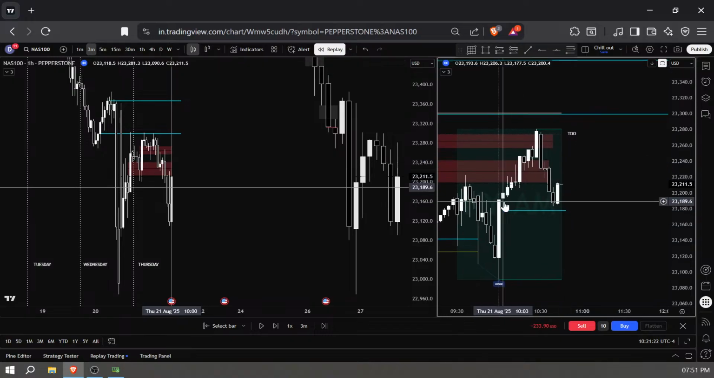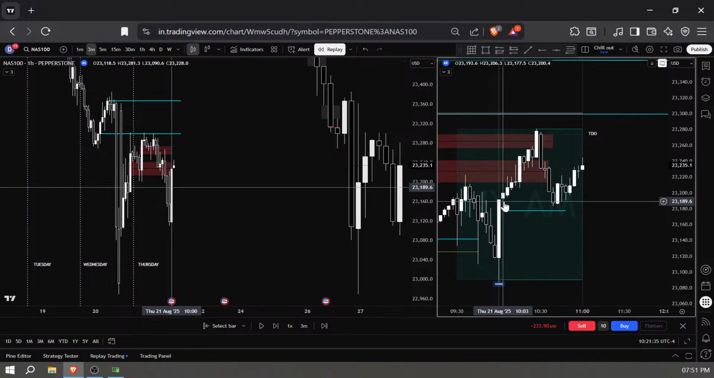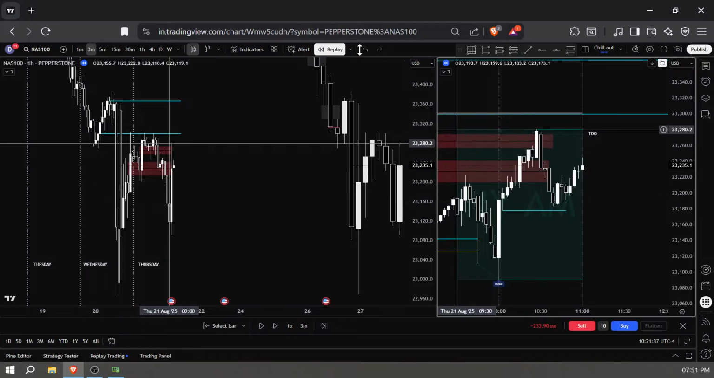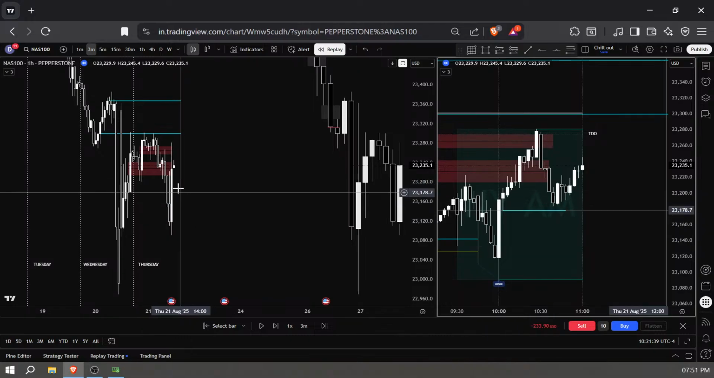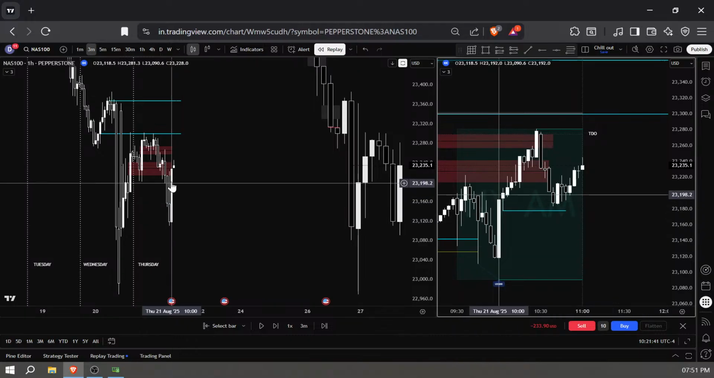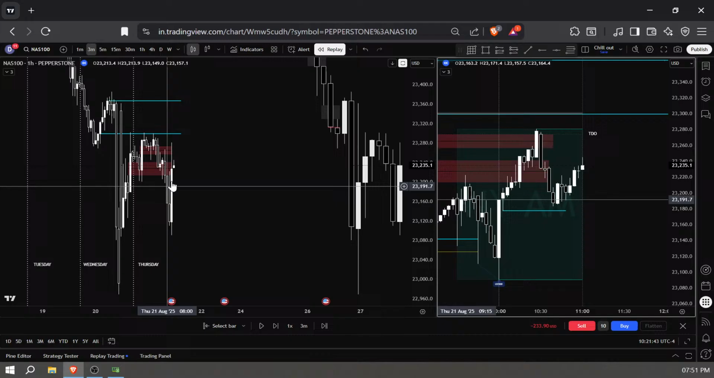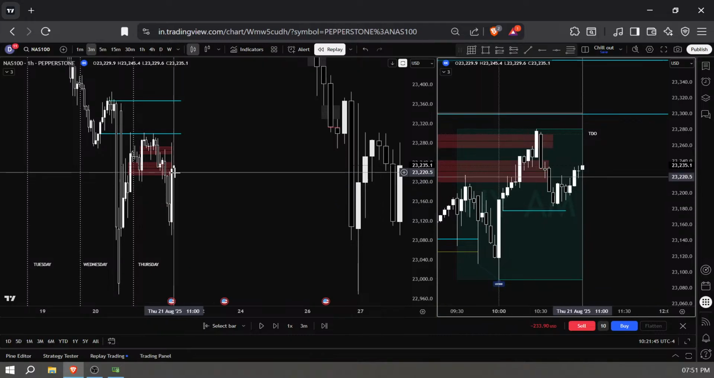10:42 time. So 11 AM open. For the context, it is a very good bullish price action. Bullish close on the 1 hour candle. So I want the market to come